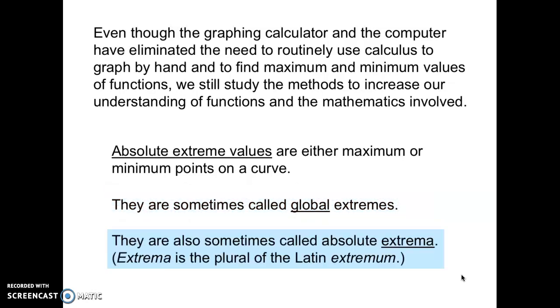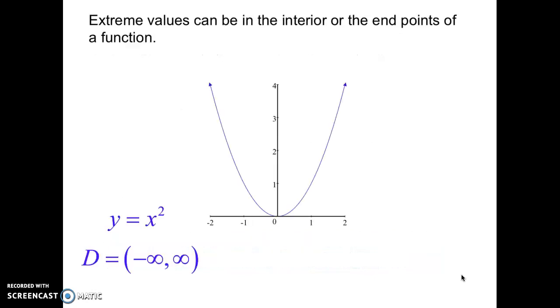These are also sometimes called absolute extrema. It comes from the plural of the Latin extreme. Extreme values can be either in the interior or at the endpoints of a function, depending on the function that we're talking about. The absolute extremes, the absolute maximum and the absolute minimum value of a function, there is only